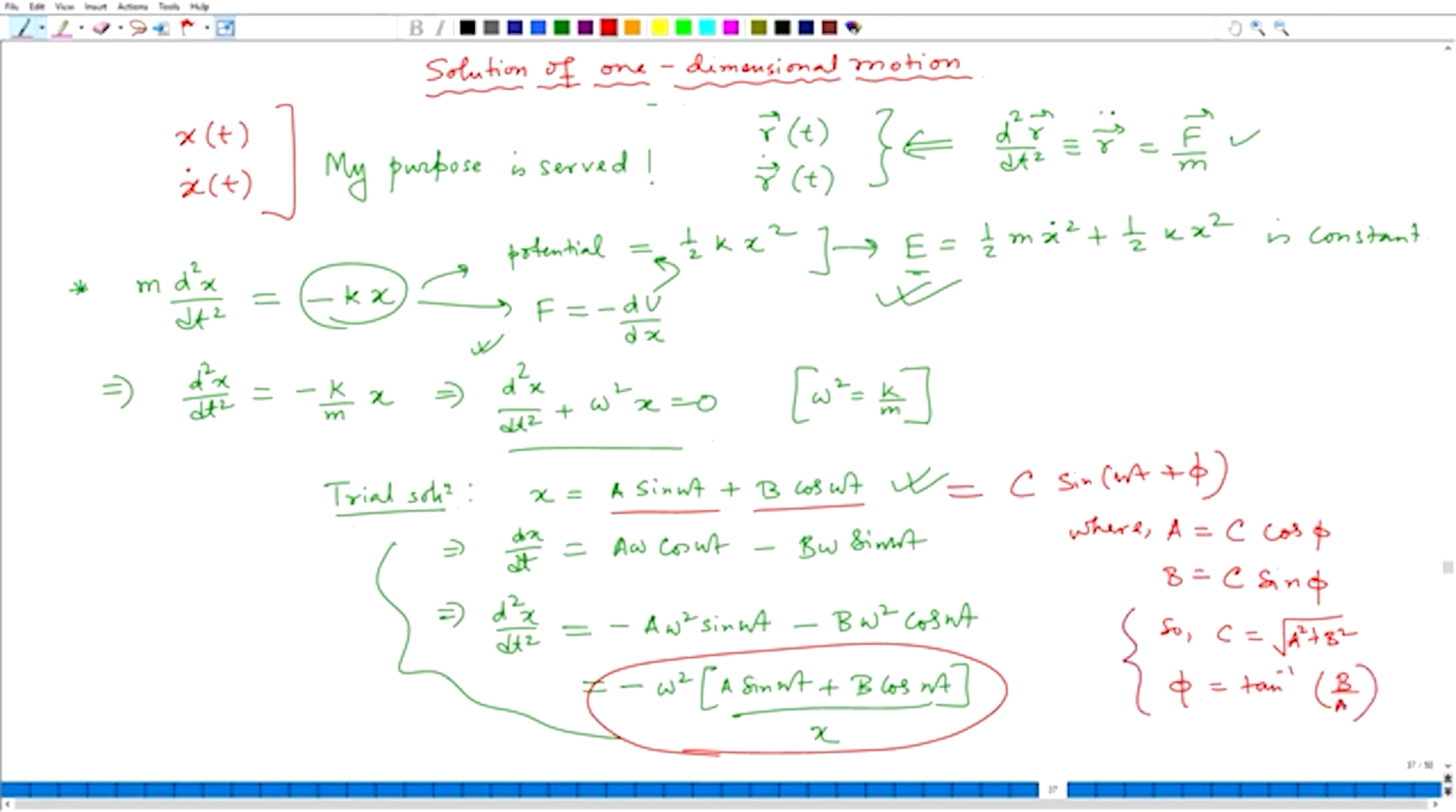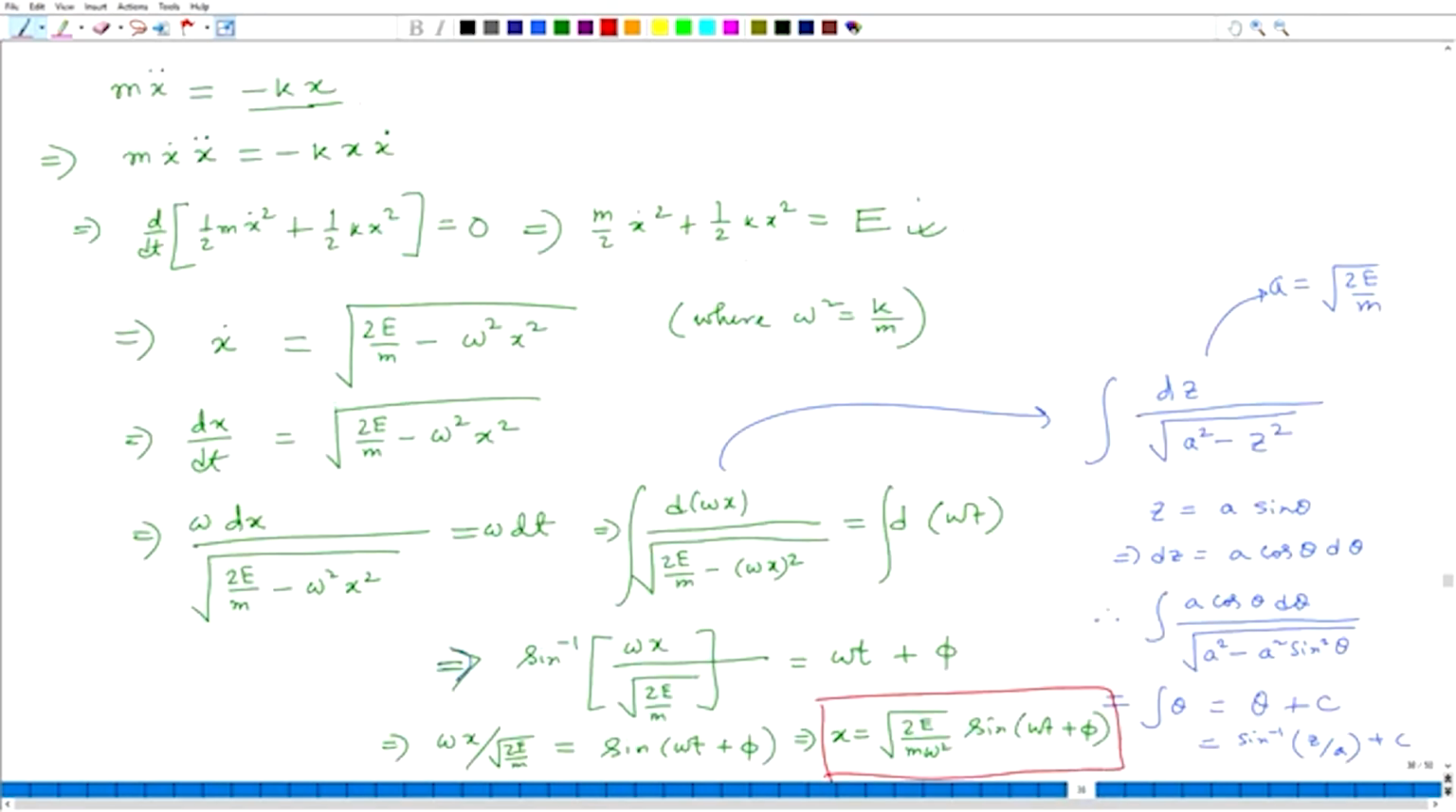Okay. So, if you choose a and b in such a way, then you can actually find c and phi, and you can write this expression as this one. So, you see this c is nothing but this constant, root over 2E by m omega square, and you see this is the correct constant from the point of view of dimension as well, because E